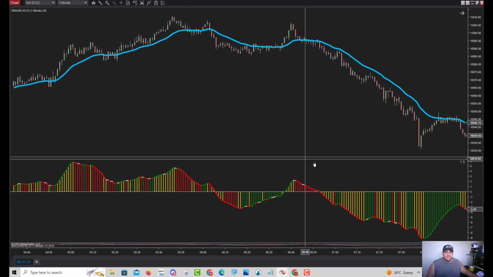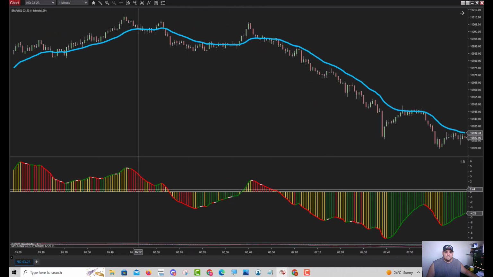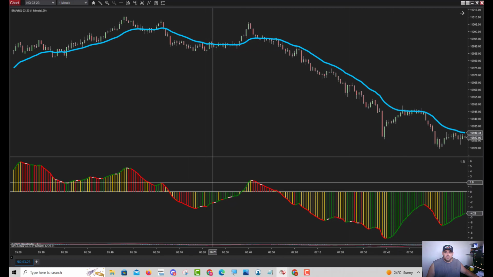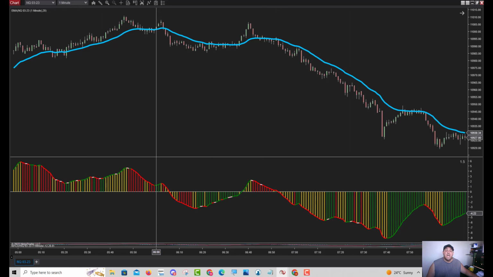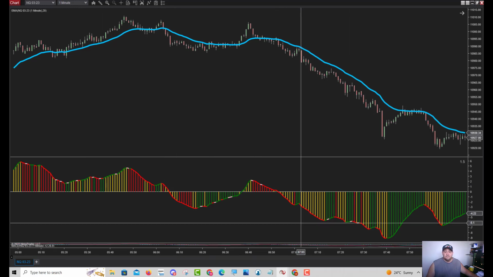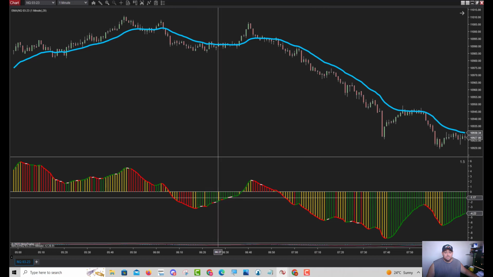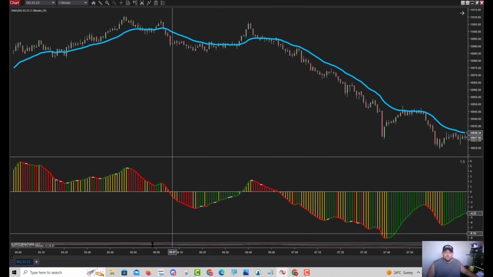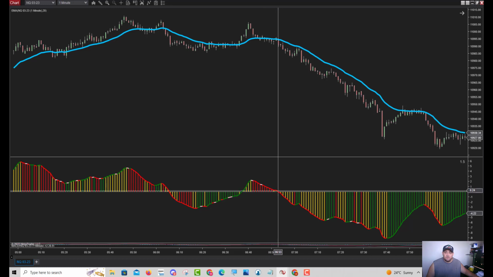And the color codes that I have here, and you can choose any color codes, how it's designed, that green is going up, red is going down, and the gold here is just high energy. Means high energy going down. And look at this, this is high energy going up, but I'm going against the trend until I cross over. But let's say we're going down, and here's your cross point marker here.